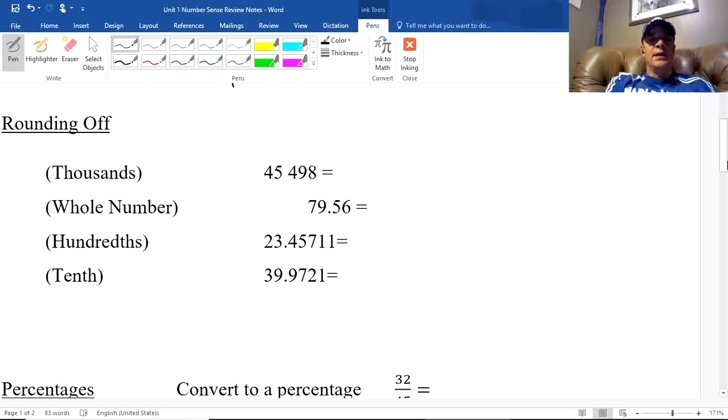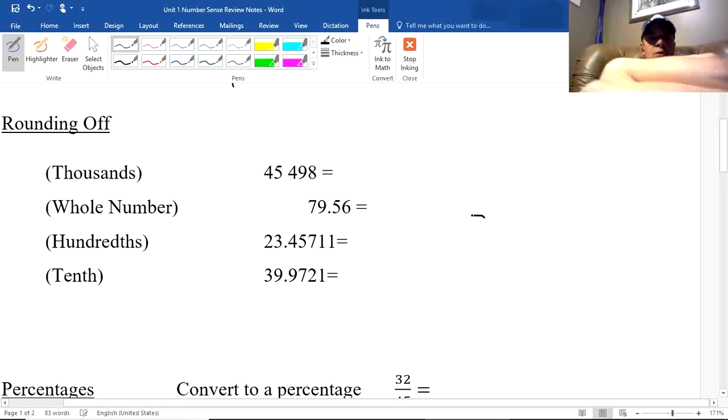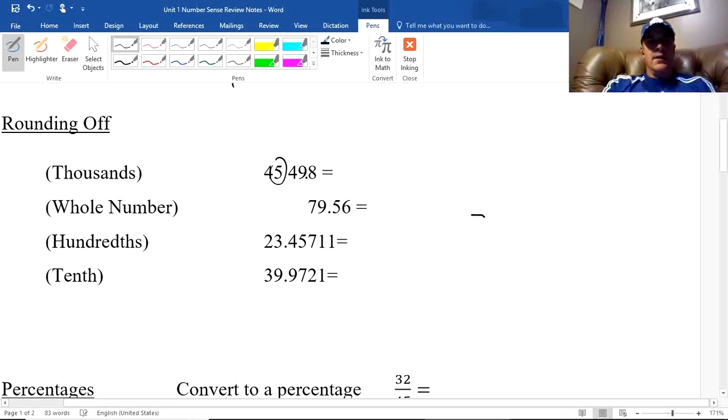So when you're asked to round off to the thousands, I often say the key thing is circle that number that you're going to round off to, okay, and underline the one behind. And this guy, he's the key right here. If he is 5 or bigger, this number is going to go up. In this case, he's not. And a lot of times kids will see the 9 and say that means that the 5 has to go up, and then this goes, no, that's not how it works. Think of this as like 498. Is that closer to the 1,000, or is it closer to 0? And it's actually closer to 0,